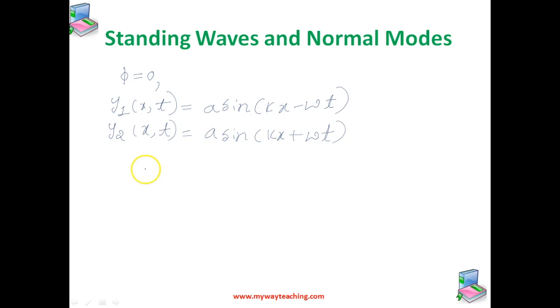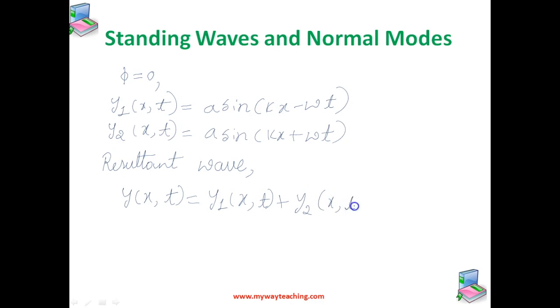The resultant wave on the string, according to the principle of superposition, so if you add these two, we get